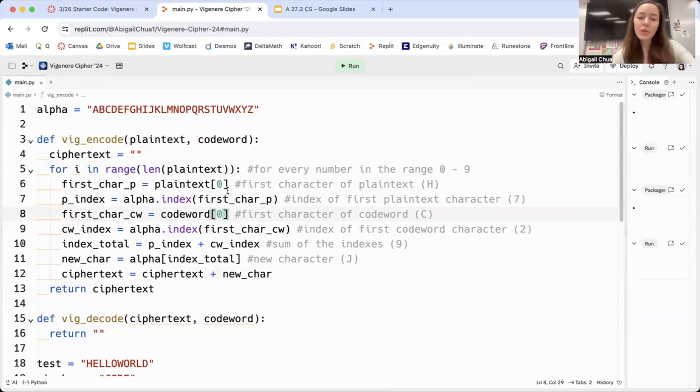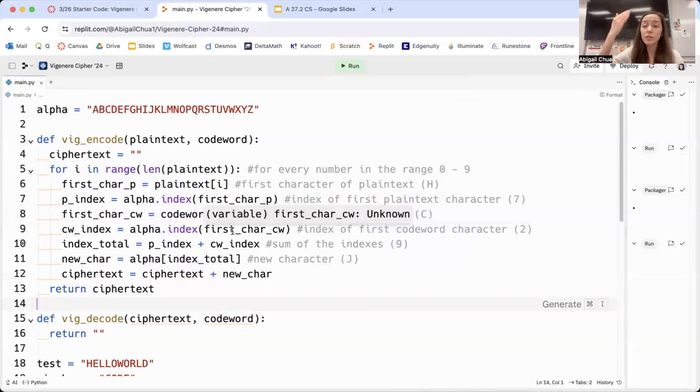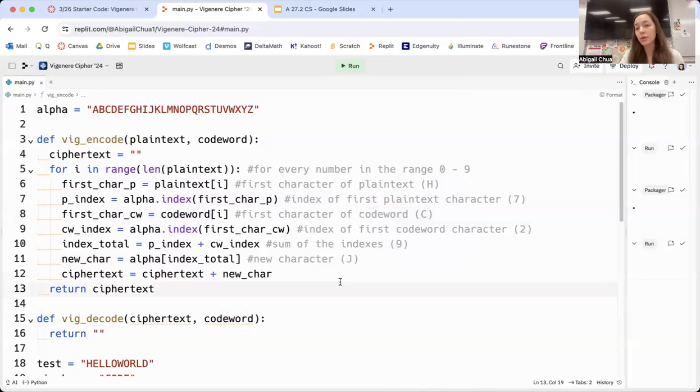All right. We want to change 0 after our first loop to 1, and then we want it to change to 2, and then 3, and then 4. That is the value that i takes on as it loops through the range, all right? And so instead of saying plain text 0, we're going to say plain text i, code word i. Okay, so the first time it loops through, i is going to be equal to 0. Then i is going to be equal to 1, and then 2, and then 3, and then 4. And it's going to keep looping all the way through that range up to 9. Okay,